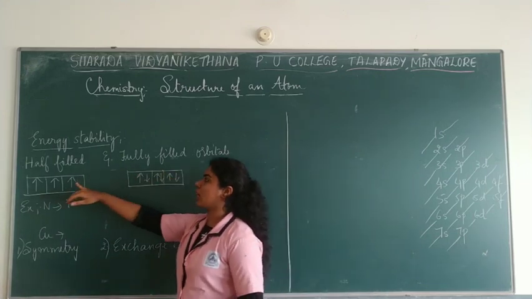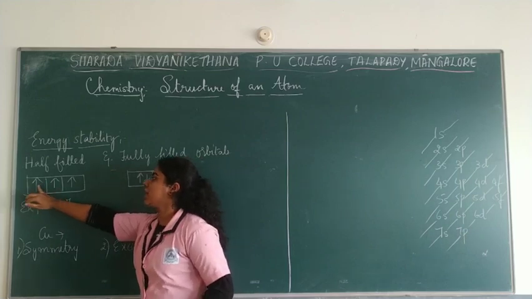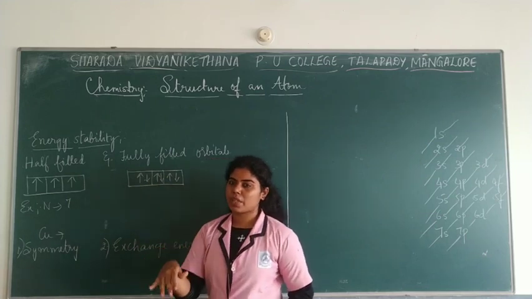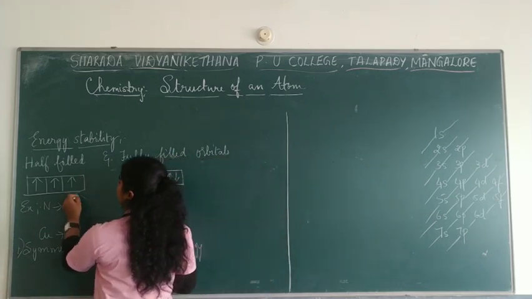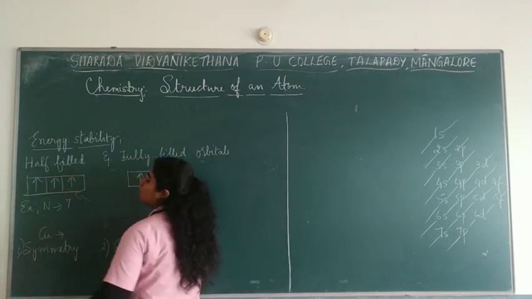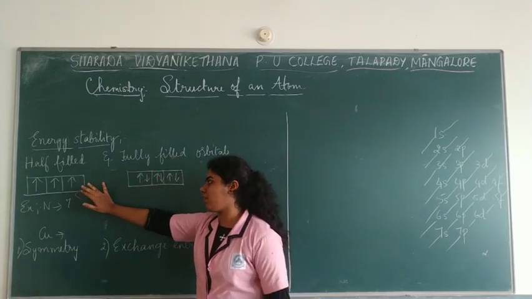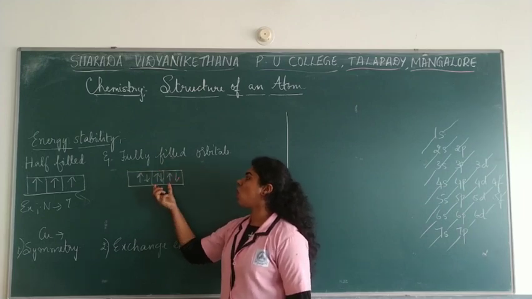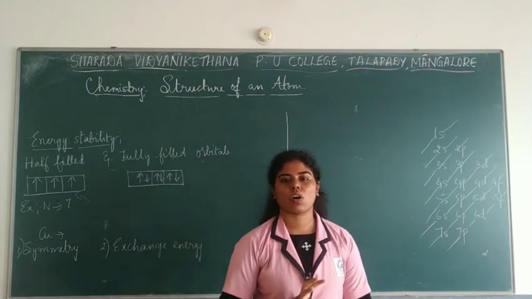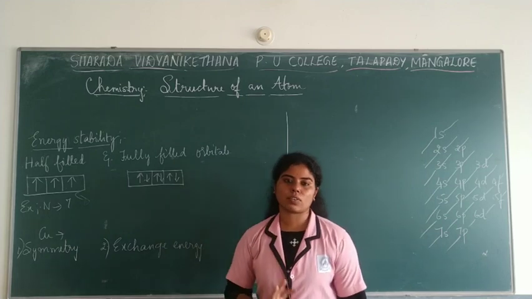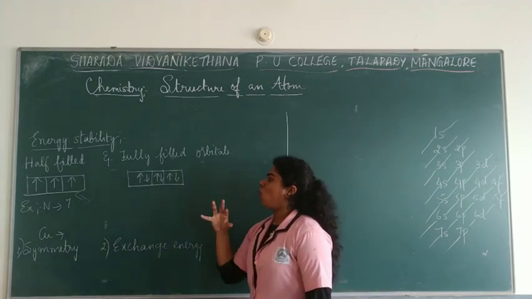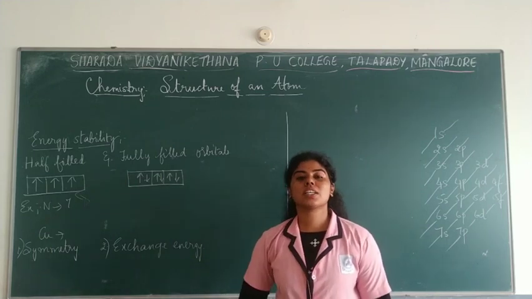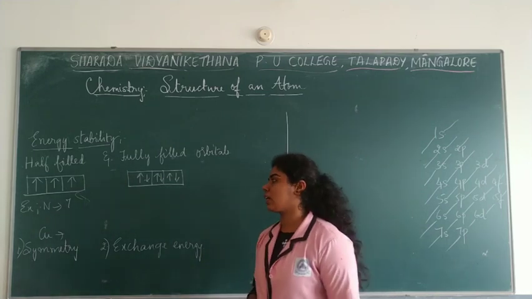When you are talking about half filled, if it is 3 orbitals, then you fill it in this way, 1, 2, 3. So that is half. Totally how many electrons can you fill in p orbitals? 3 plus 3, which is 6. Half filled is 3. Even when you are talking about fully filled orbitals, electrons are filled in each orbital, so there are 6 electrons, right? Now, why are these said to be highly stable? Why are their energies said to be very stable? Let us look at it.